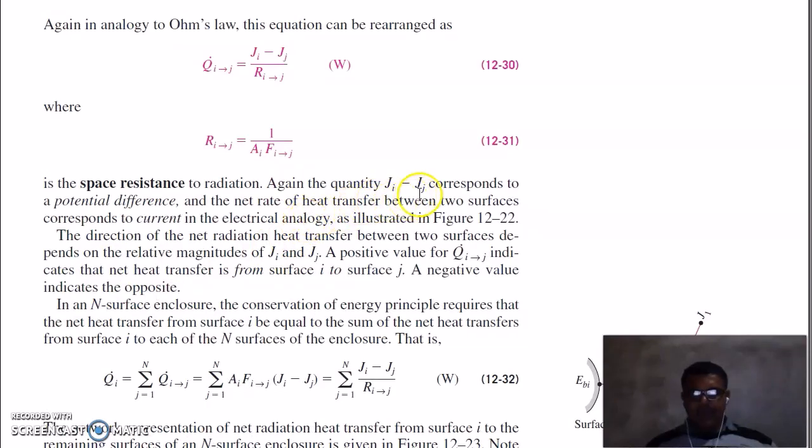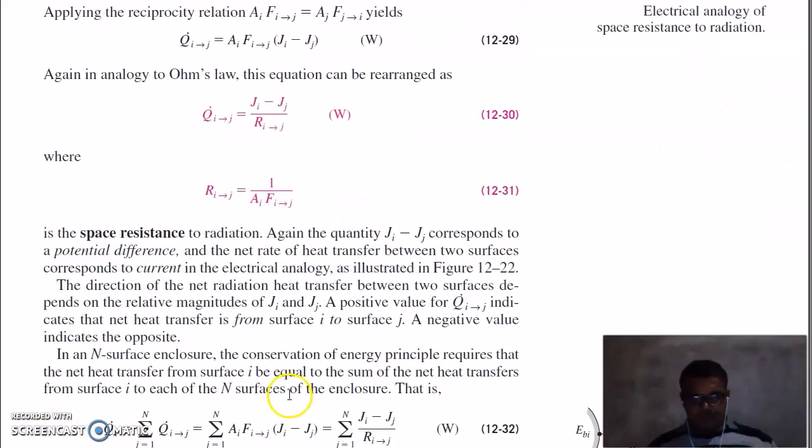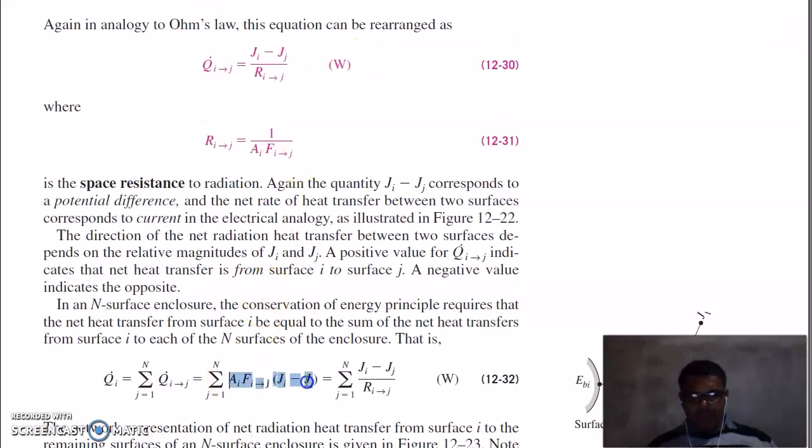Again, the quantity Ji minus Jj represents the potential difference, and the net rate of heat transfer between two surfaces corresponds to current in the electrical analogy. So this is your resistance here, which is 1 by Ai Fij. You can generalize this relation here for n number of surfaces,